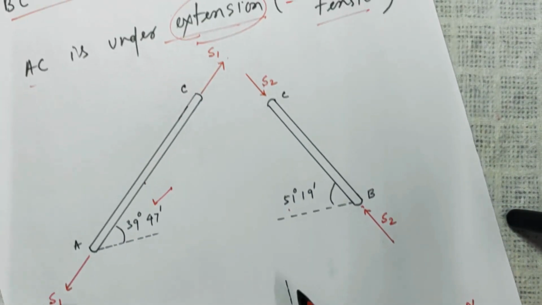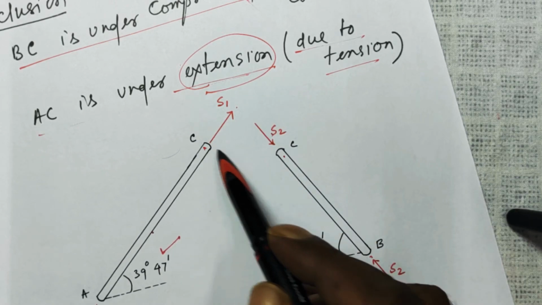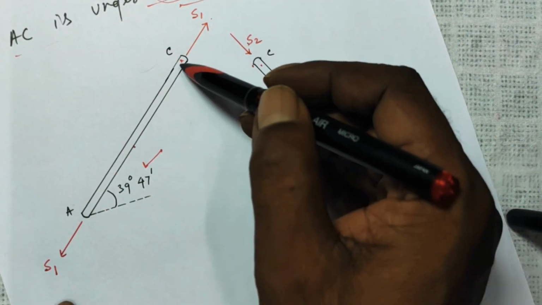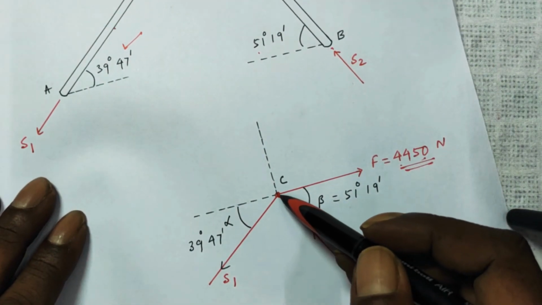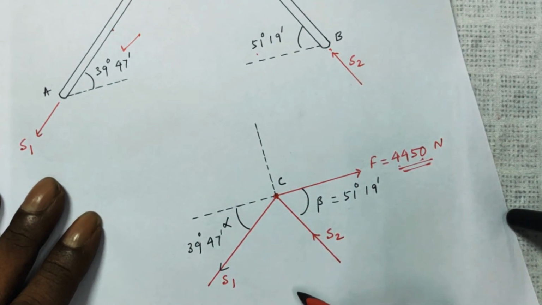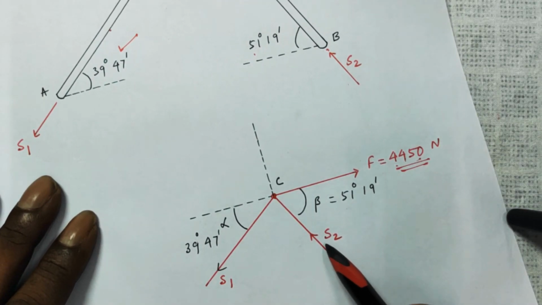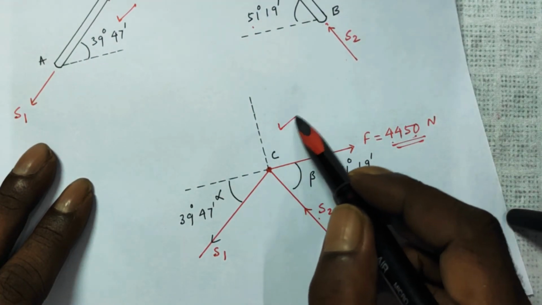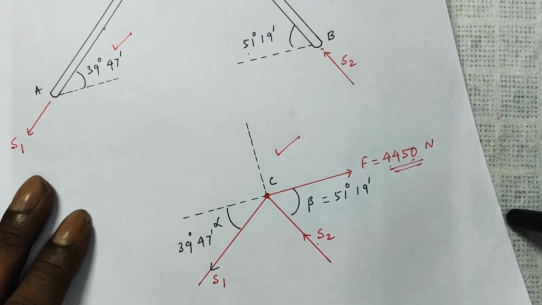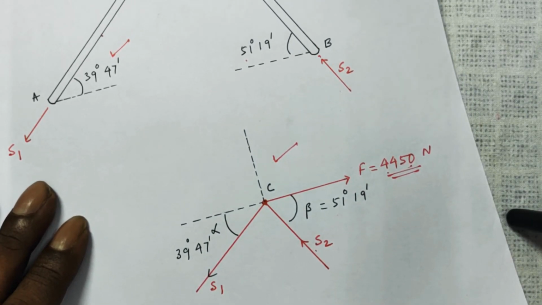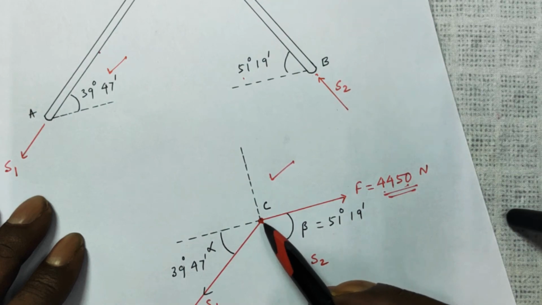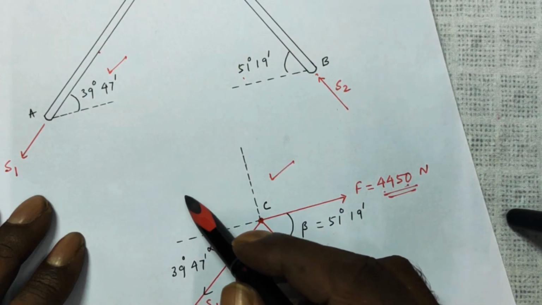Now the point C, these 2 points were together here. S1 is to this side, because it was an extension. Now your S2 is to this side. So this is the free body diagram of the point C, right? Now you might ask why this S1 is not taken to this side. Because it is in equilibrium, so this is how it is explained.